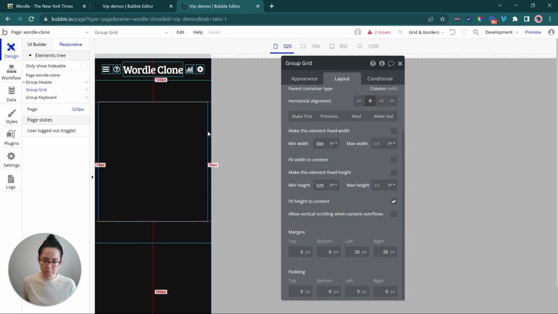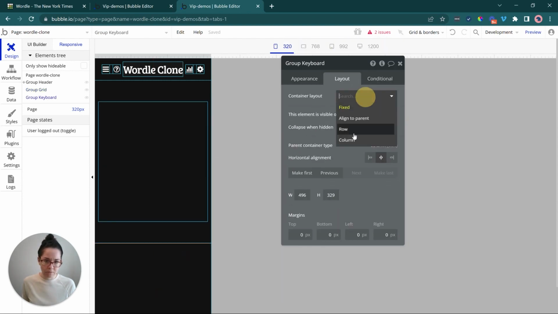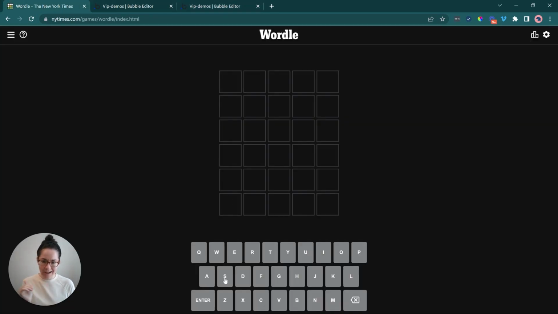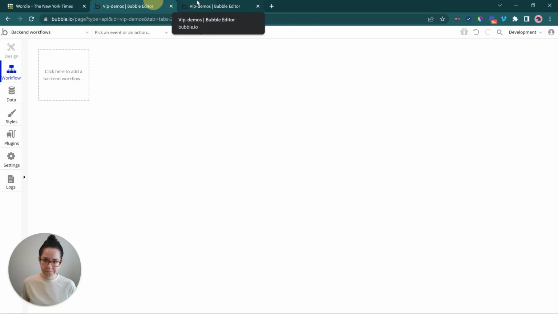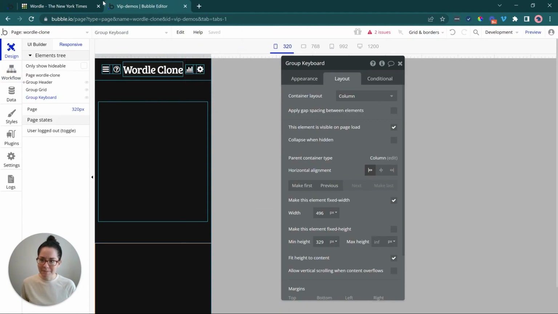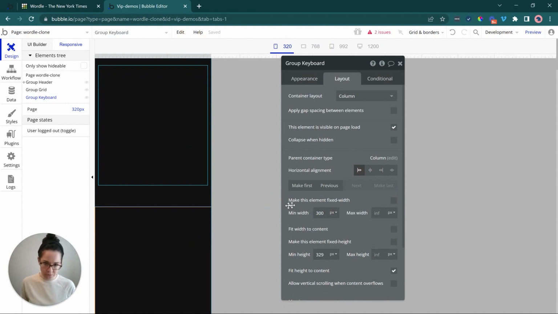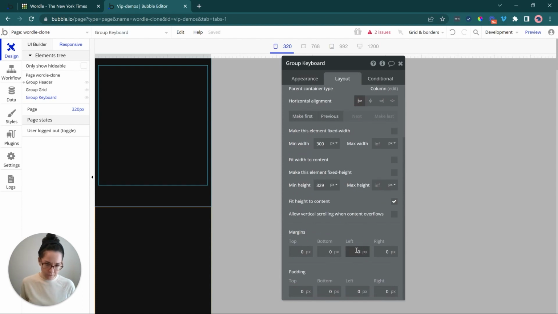All right, so that's group grid, and I'll do the same thing for the keyboard. Actually, I think the keyboard's going to need to be a column because I'm going to do separate groups for each line in the keyboard, because the keyboard has different numbers of items in it. So I'm thinking one row, a second row, a third row. So there's going to be a column structure. I'm going to pin that one there because I keep clicking over to it and I'm not ready for that one yet. All right, so the keyboard is also going to be minimum 300 pixels wide, and we'll also give it a margin of 20 to the left and the right,